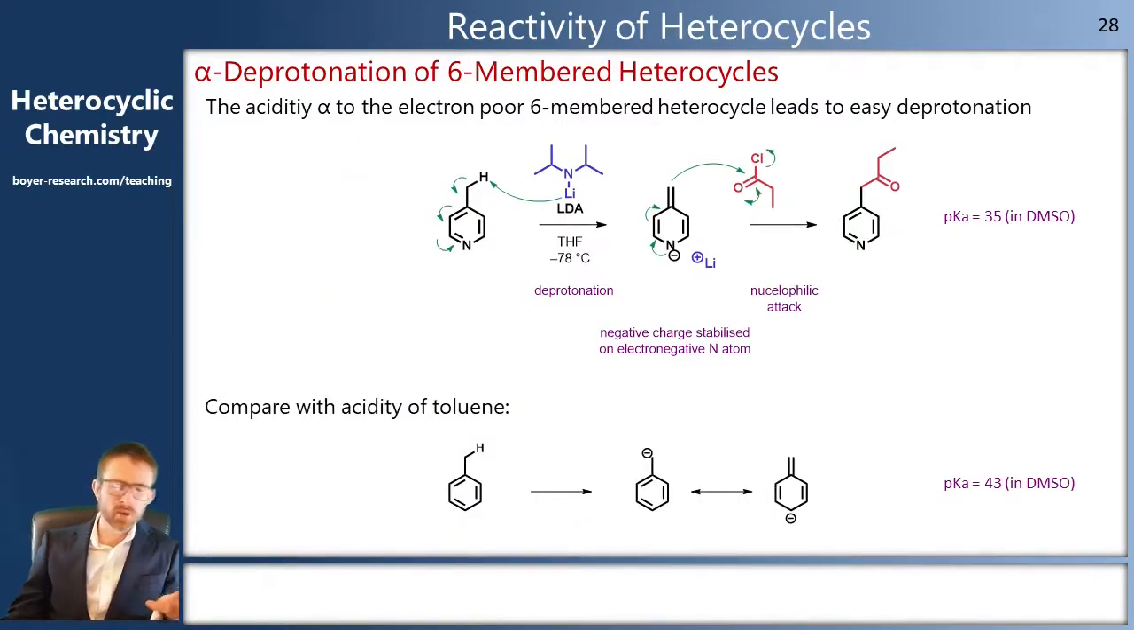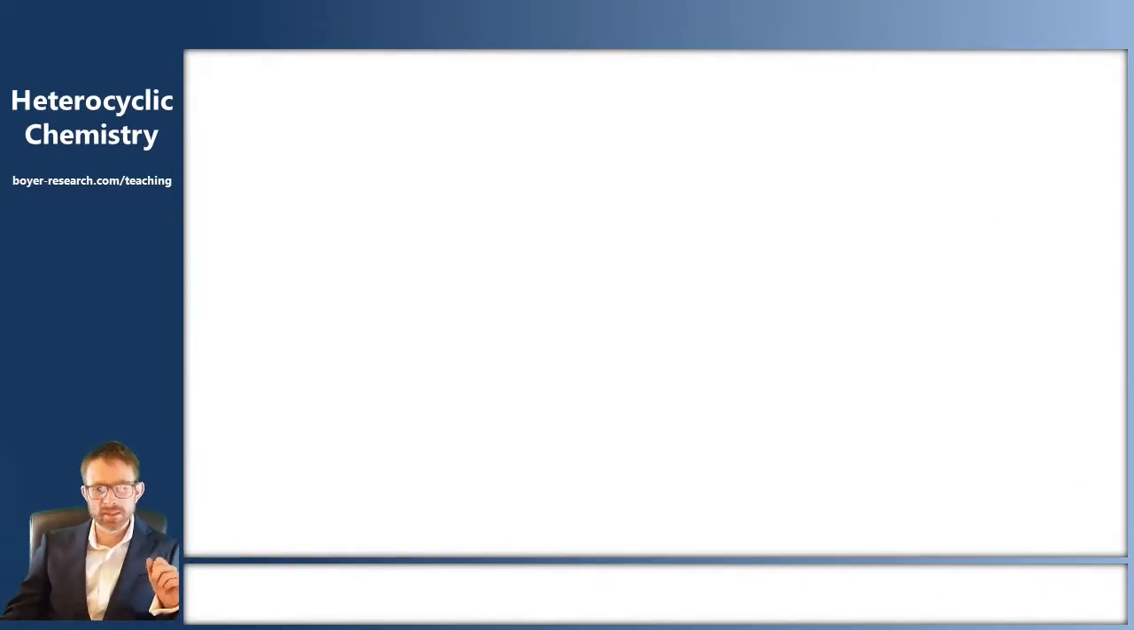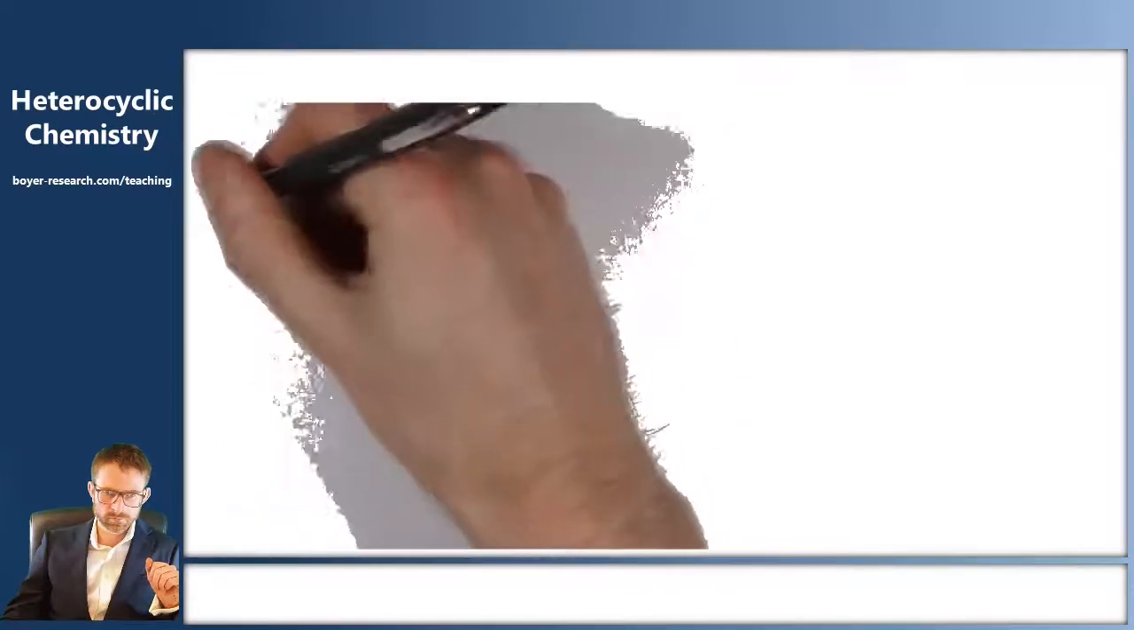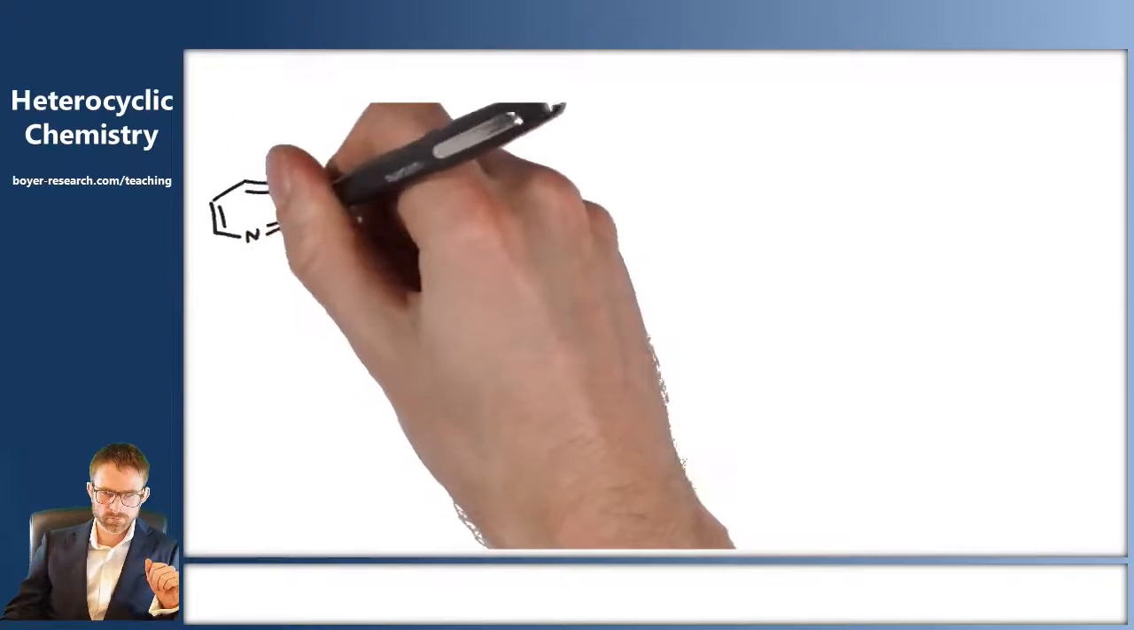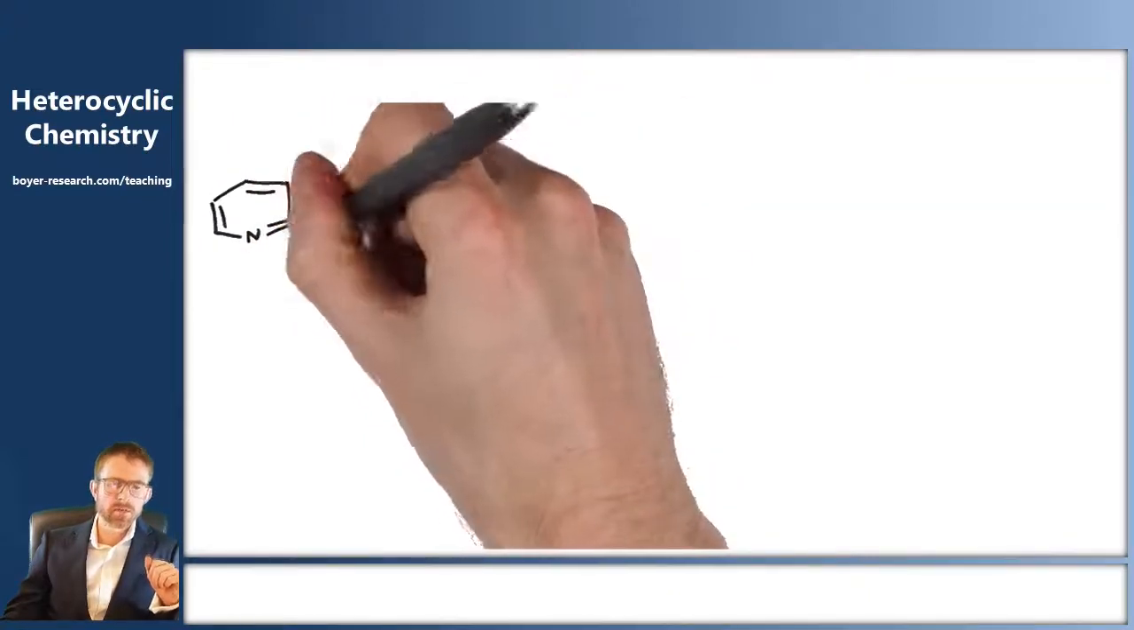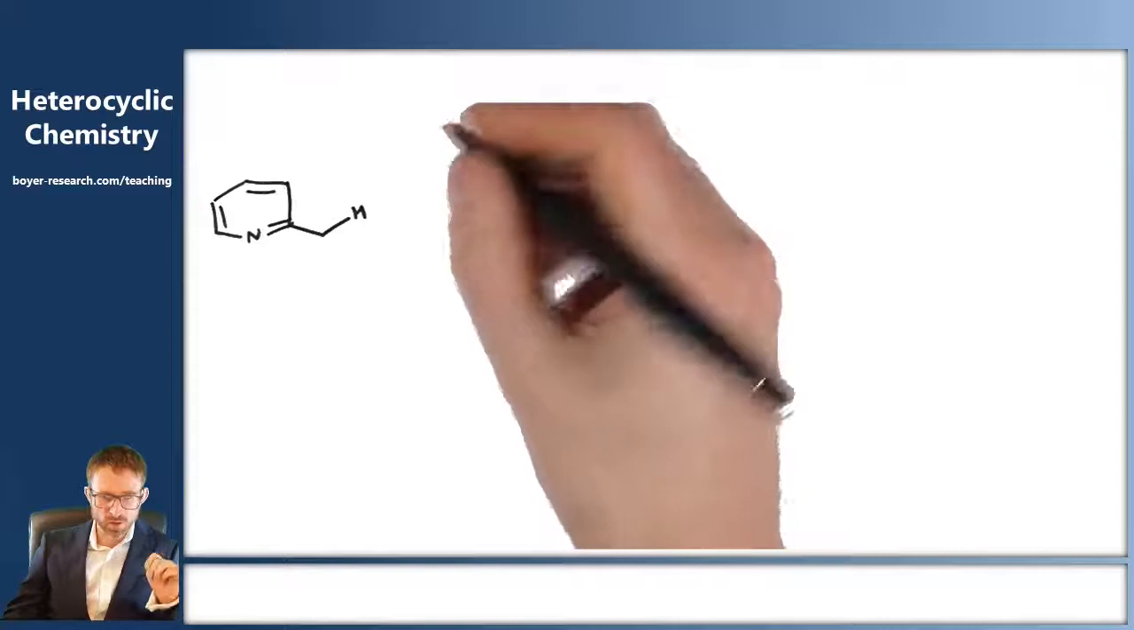If we compare that with toluene that doesn't have the nitrogen in to help stabilize that negative charge, you'll see that the pKa is around about 10 times lower, which is a factor of over 1 billion times more favoured for the pyridine than the toluene. We can draw this in more detail. And this works best if it's a 2 or 4 substituent,